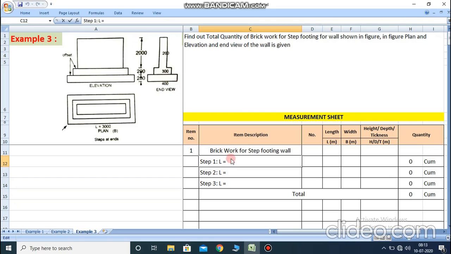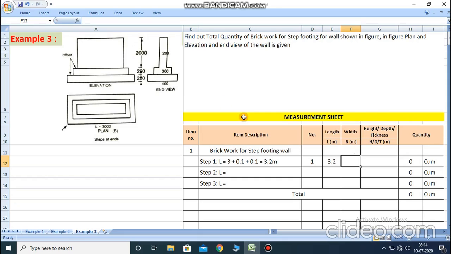So here we write the total length as 3 meter plus 100 mm for this side. Now 100 mm converted into meter is 0.1, plus 0.1 for the right side and the left side. So the total length is 3.2 meter. This wall is only a single wall, so we write the number as 1. Here the length is already calculated, 3.2 meter,